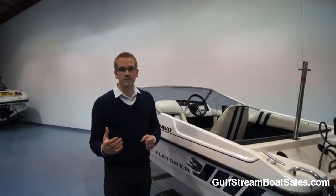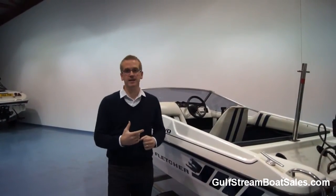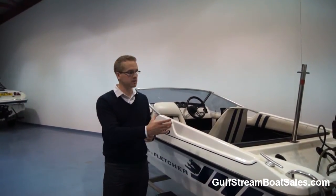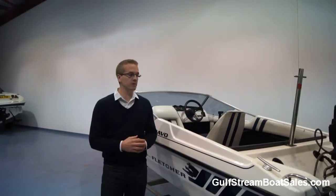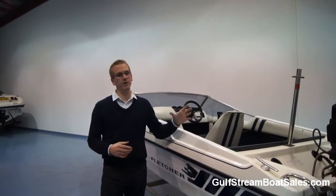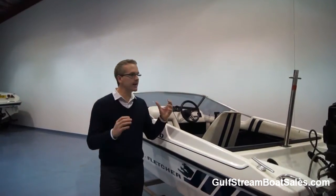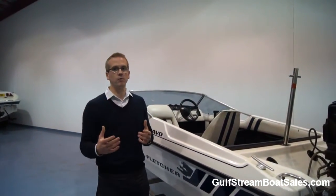As you can tell from the video, the performance of this boat is fantastic. It's the maximum horsepower for the hull, 75. The hull's rated for 75 horsepower, so that's the biggest engine you can physically put on this boat. And it means that it's perfect for ski. It's an ideal starter boat for somebody who's looking to get into water sports,